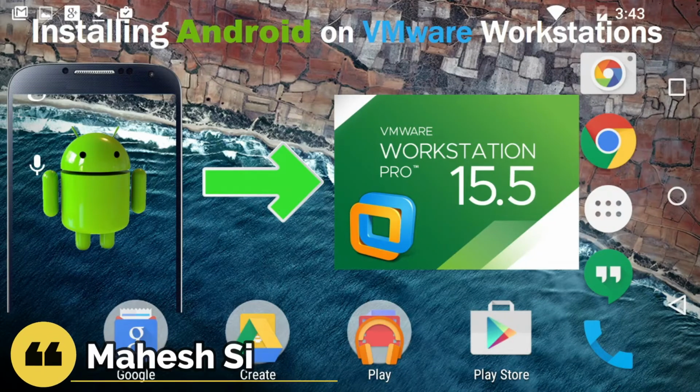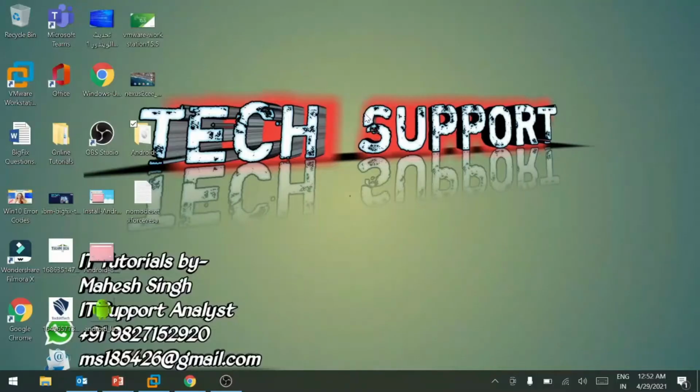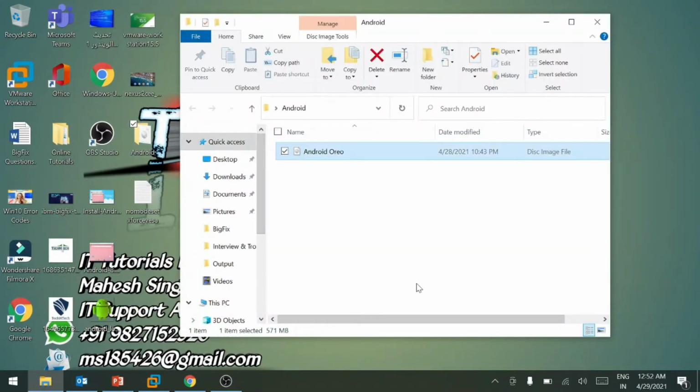My name is Mahesh. In today's video, we are going to learn how to install Android operating system on VMware Workstation Pro. And for that, two things are required. Number one is Android bootable ISO media, and number two is VMware Workstation Pro that should be installed on your computer. So let me minimize this,